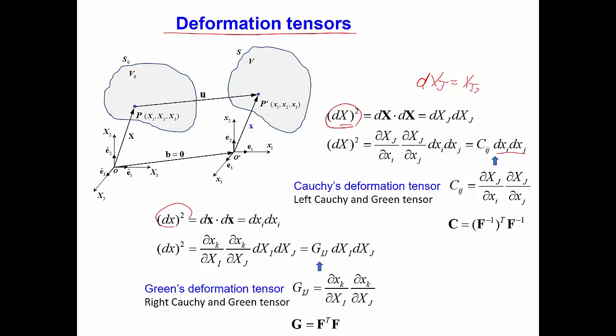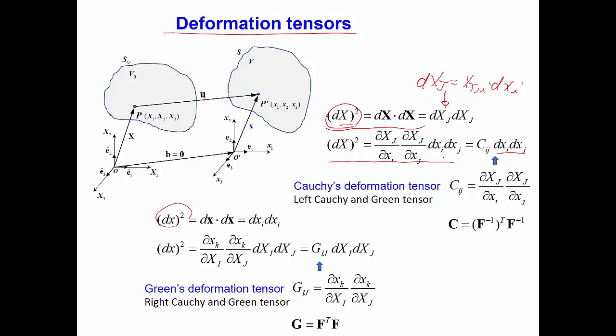Using these equations, the scalar length of the differential line segment in material coordinate system, denoted by scalar dx, can be calculated from inner product of the vector dx and itself. Substituting this relationship into this equation, we can derive this equation